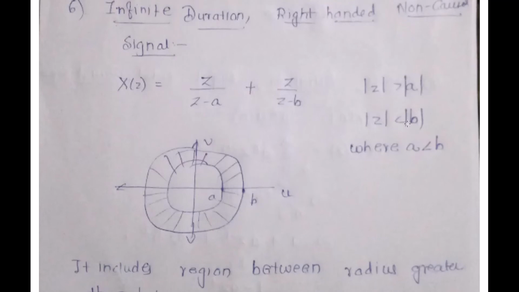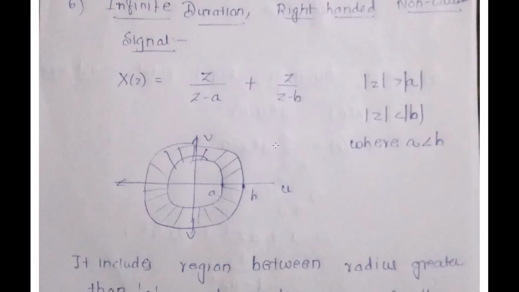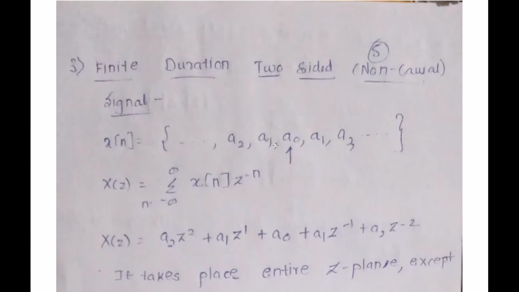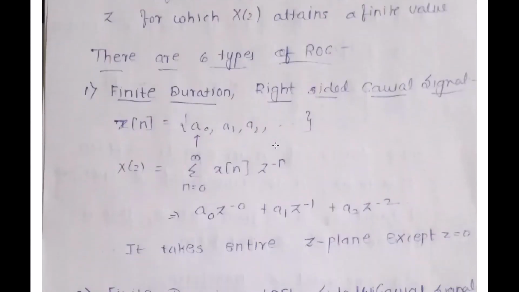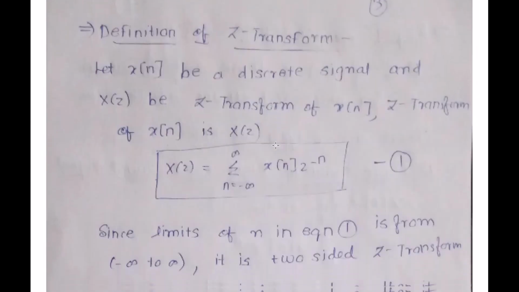Mod z value smaller than b, so this becomes my inside thing. Hence I have greater than a and smaller than b, a non-causal signal. So what you have to actually remember is the first basic formula,